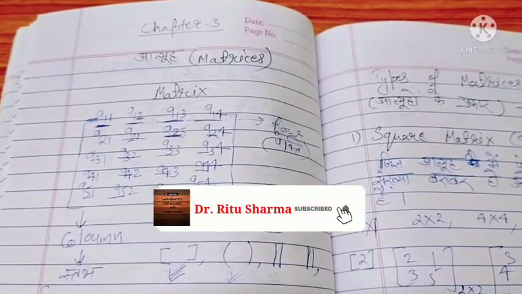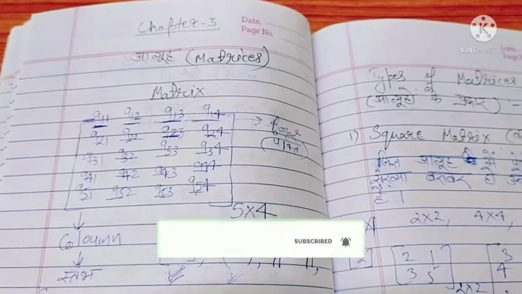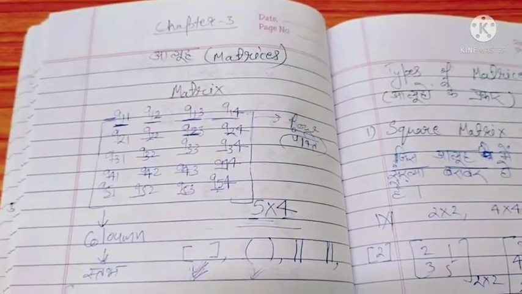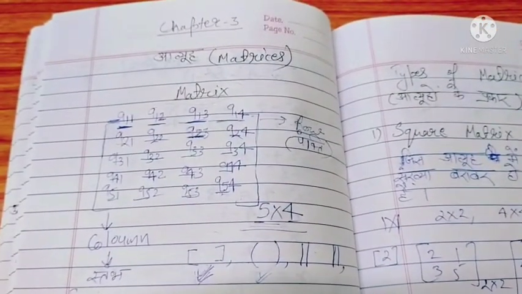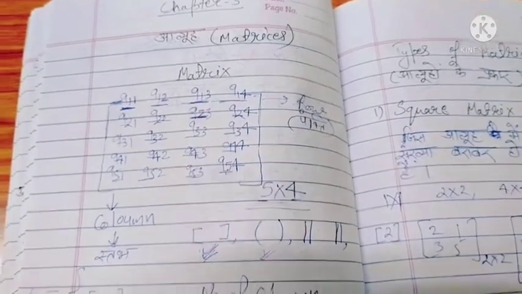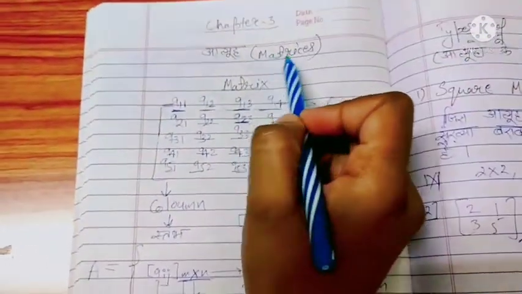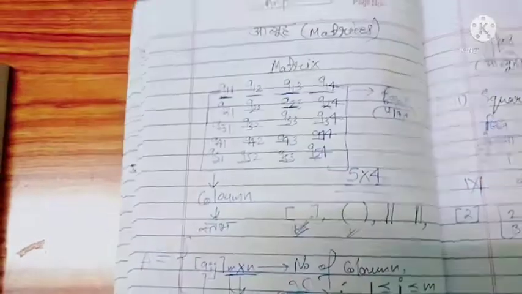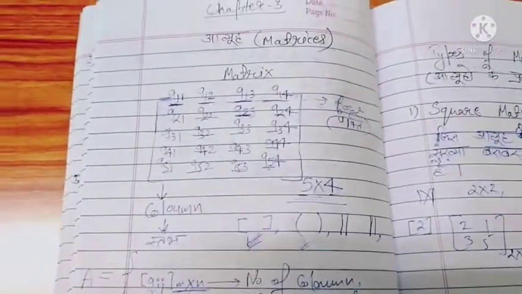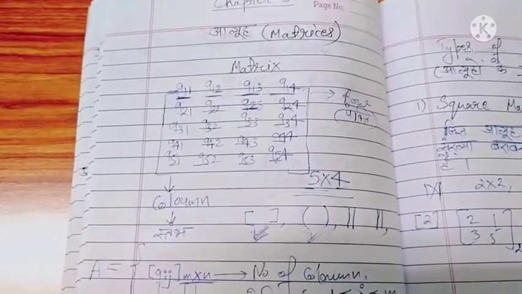Today we will discuss chapter 3 of class 12, which is called matrices. Firstly, I want to tell you what a matrix or matrices is. Matrices is used for the plural form and matrix is used for the singular form. A matrix is a rectangular arrangement